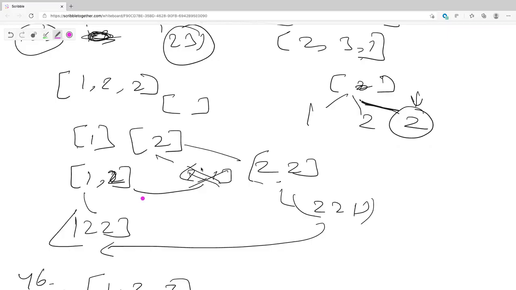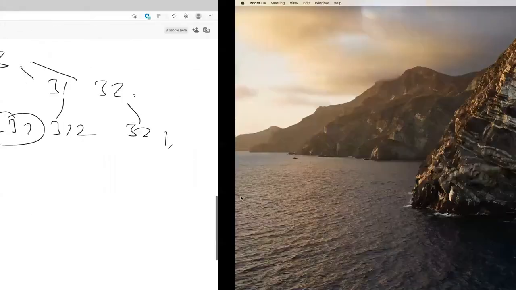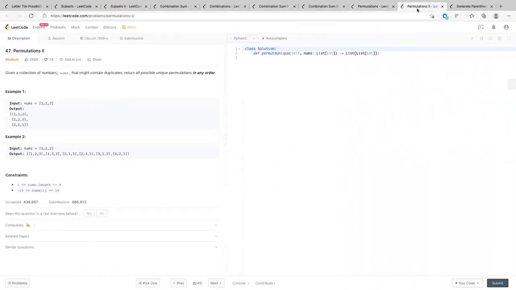The later permutation problems you're going to see on LeetCode, like medium to hard, are going to be bigger versions of this concept, wherein you take a path, you decide it's not a valid one, you come back. So that is backtracking. Okay, so now let's see what backtracking is for this Permutations 2 problem.